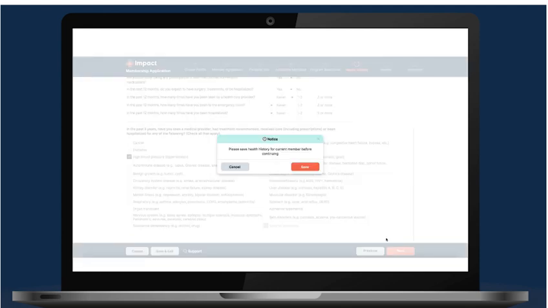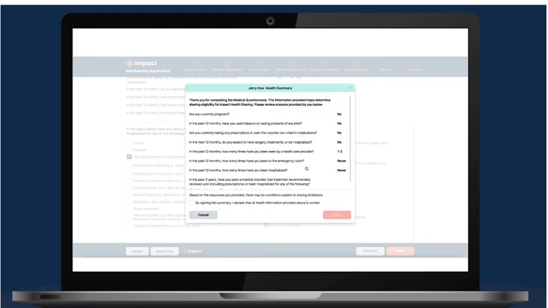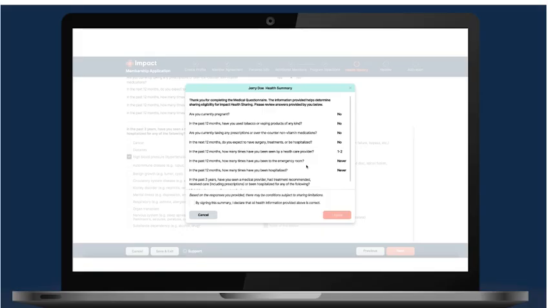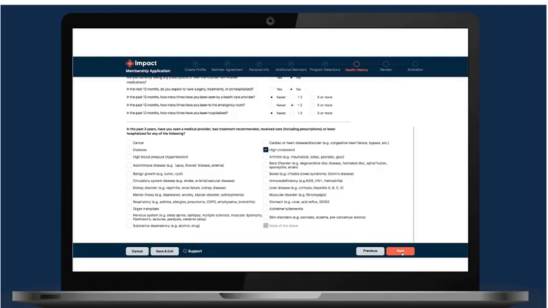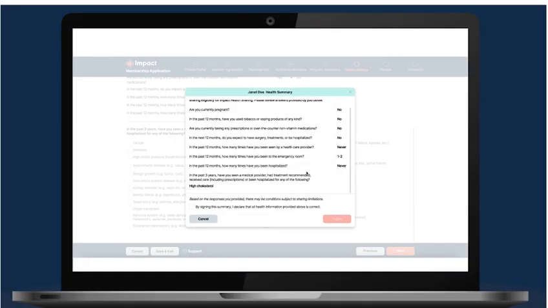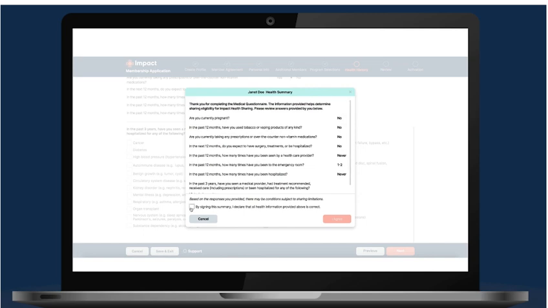Once you've selected Next, it will ask you to save the health history. You'll want to make sure that you save each member's health history before continuing. Before moving on, it will ask to ensure that you've selected the proper information. Once you've confirmed and agreed, you will have the option to enter the information for the remaining members of your household. You will follow the same process and save the information and confirm to ensure that what you've selected is